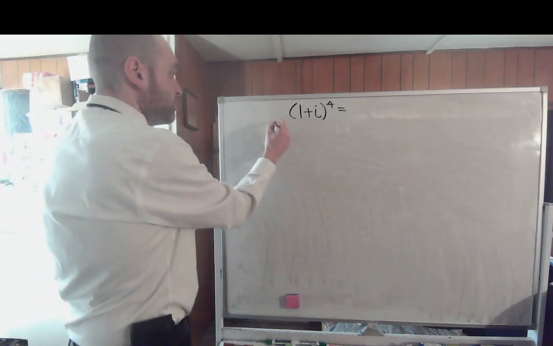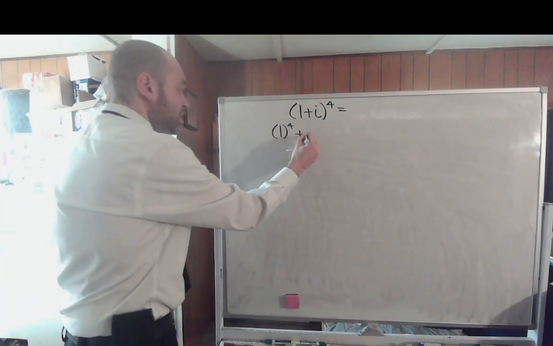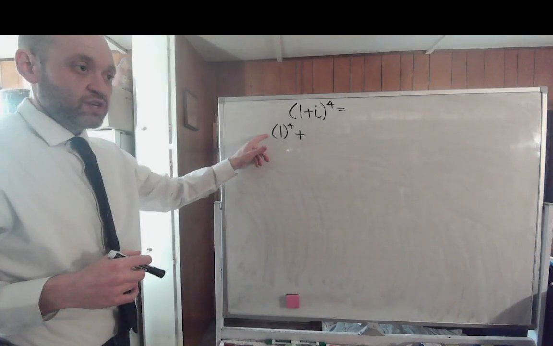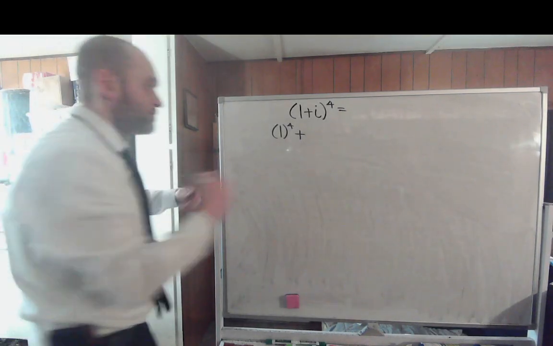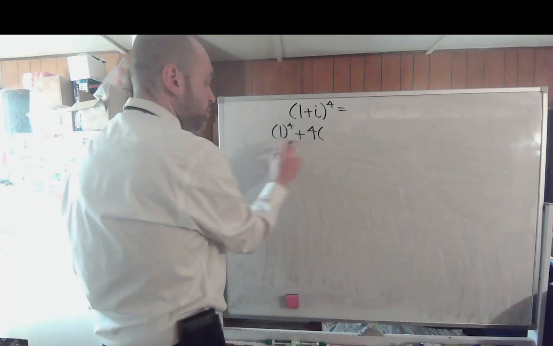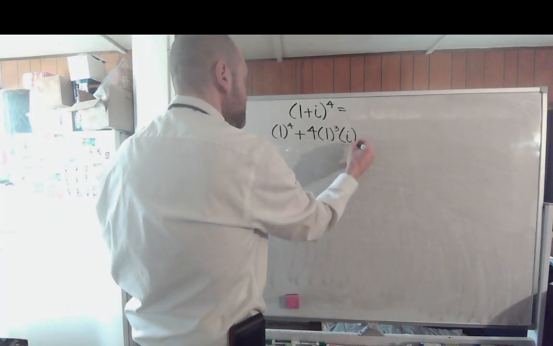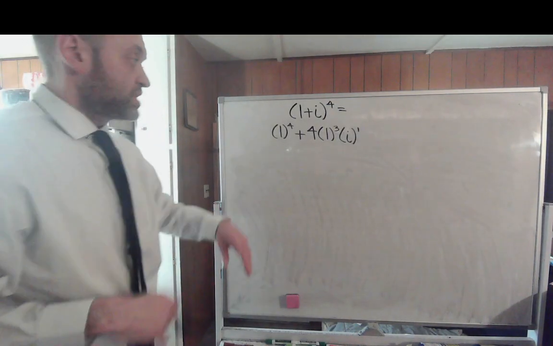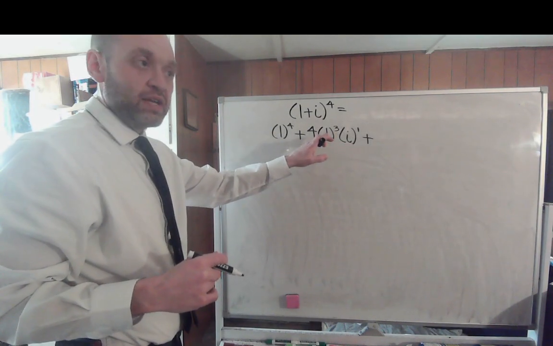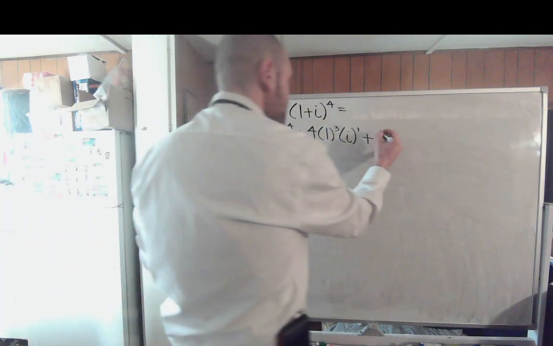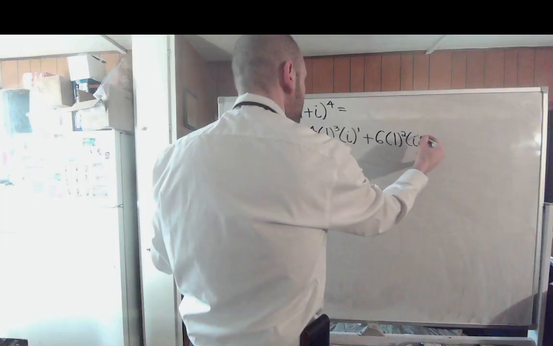Well, take your first term of 1 to the 4th power. So you'll have 1 to the 4th, plus, now take that 4 times that coefficient of 1 on the 1. So 4 times 1 is 4. Divide by the current term you're on, which is 1. You'll get 4 times that 1 to the 3rd power, but you'll raise your I to the 1st power. Now to get your next term, take that 3 times 4, which is 12, divide that by the term you're on, which is 2. 12 divided by 2 is 6. So this will be 6 times that 1 to the 2nd times I to the 2nd power,